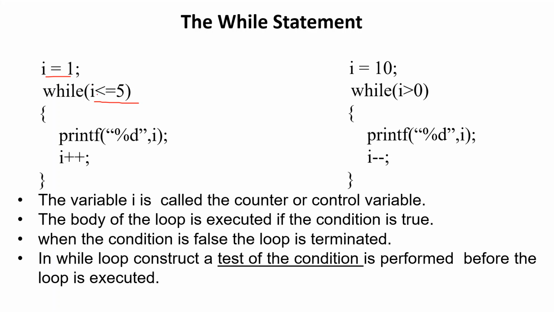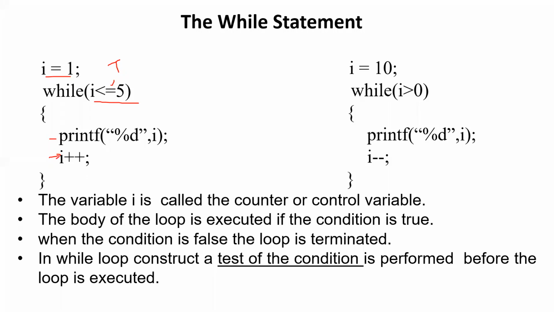In most of the cases, from I equal to 1, we are checking whether I is less than 5, except for one case. And the last one, when I is equal to 5, it will be checking whether I is equal to 5, right? And then it will be executing the loop. When this case turns out to be true, it will be executing this printf statement. And after that, we saw it will be updating the value of I.